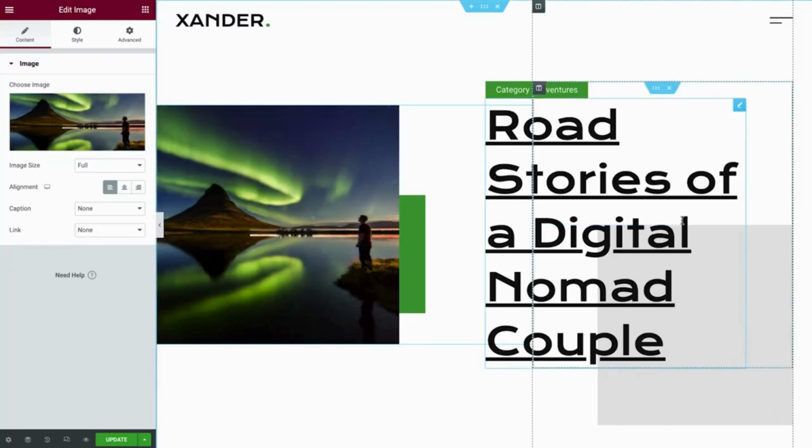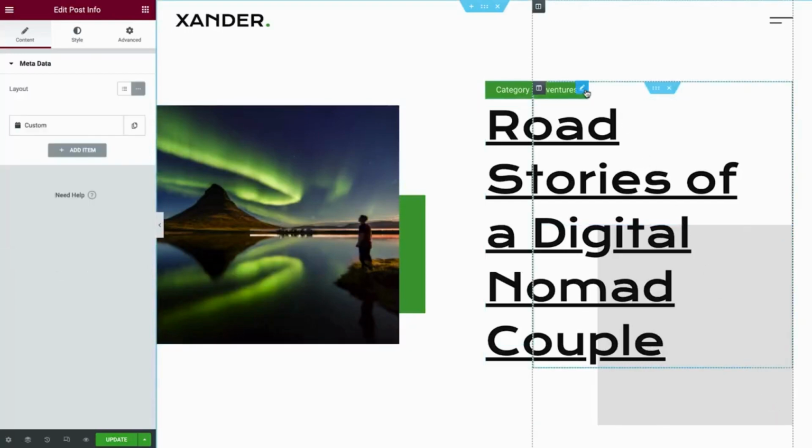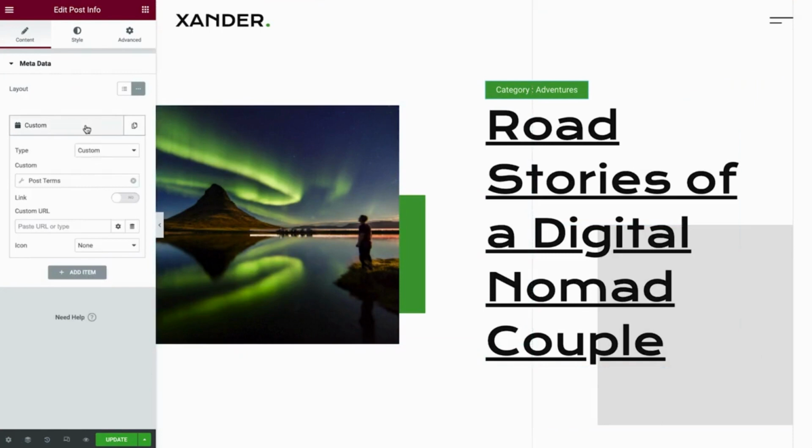Next, we have this heading, highlighted in green. Clicking on it, we can see it displays dynamic data. In this case, the archive category, Adventures. Going into post term settings,